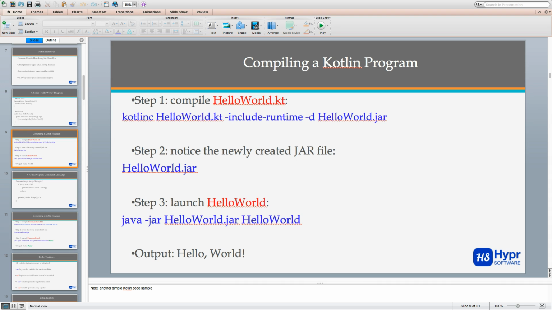Now, from the command line, this might look a little strange, but it's kotlinc for Kotlin compiler, the name of the .kt file, which is the Kotlin file, and then there's a switch that looks a little bit peculiar. It's specific to Kotlin: -include-runtime -d. Now, typically the -d is either debug or directory. No, in this case, it's the name of the jar file that's going to be generated as a result of invoking the compiler. And then, after you've done that,